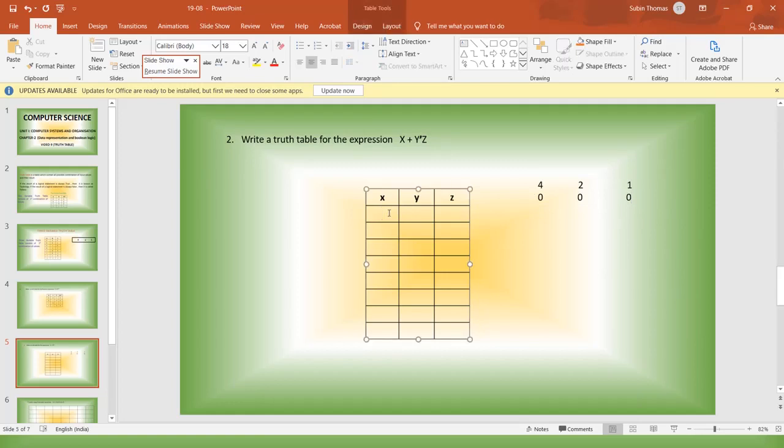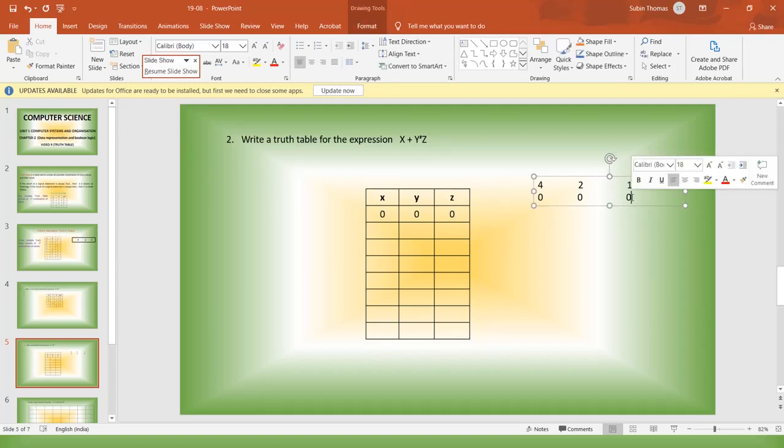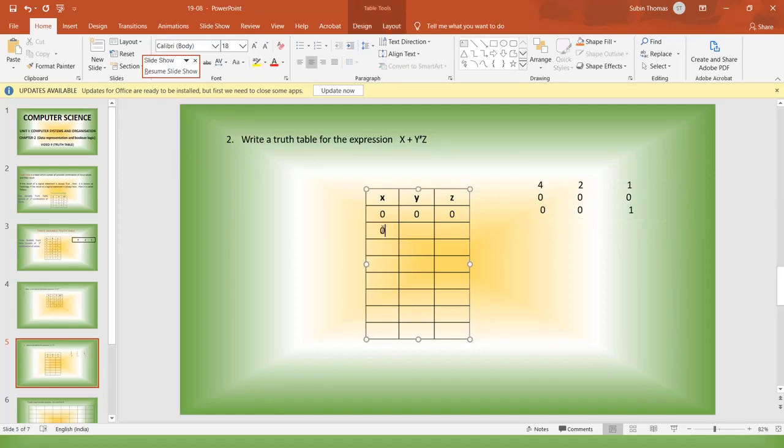So here I am going to write the first combination of values 0 0 0. And the next number is 1. How will you get 1? See that in this combination only this place I am going to fill with 1, and the remaining places will be 0. So I get the combination 0 0 1. This is the next combination of values.